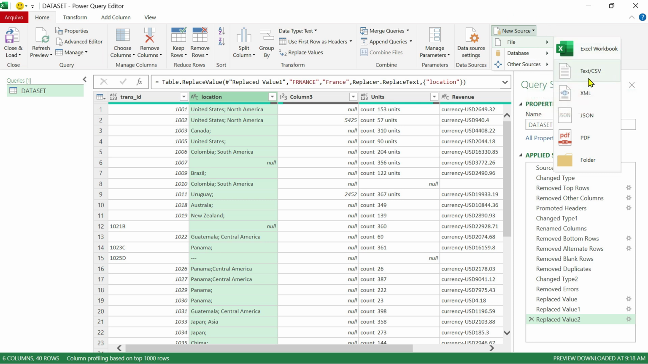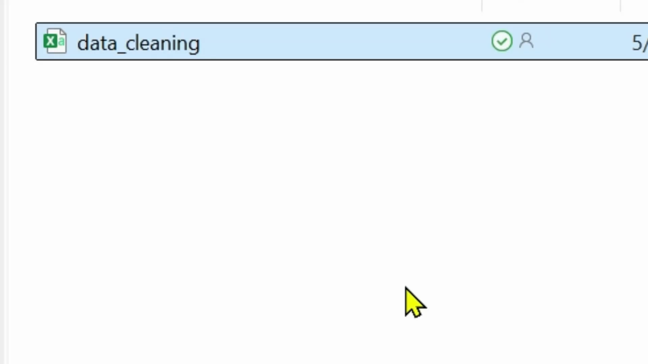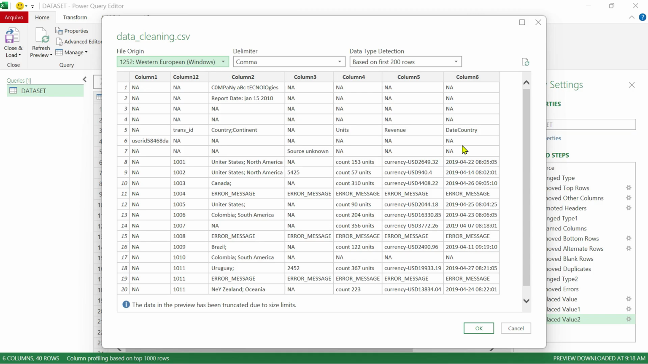Let me import the CSV file for this class. I will click text in CSV. This is another version of the same file I'm using in this lesson, only it's a CSV file instead of an Excel file, and I'm going to import it. Same way we did